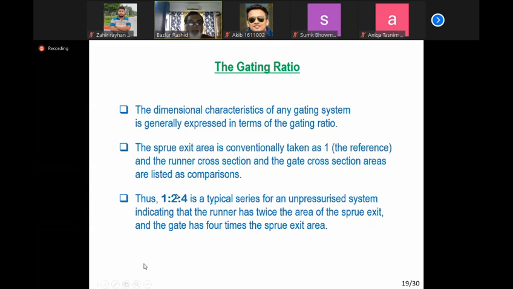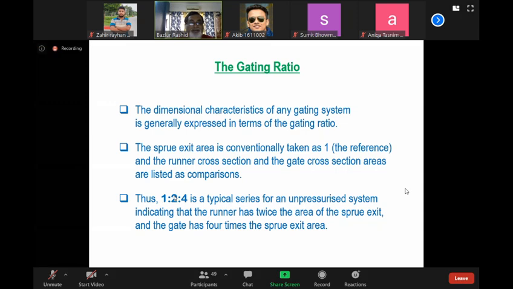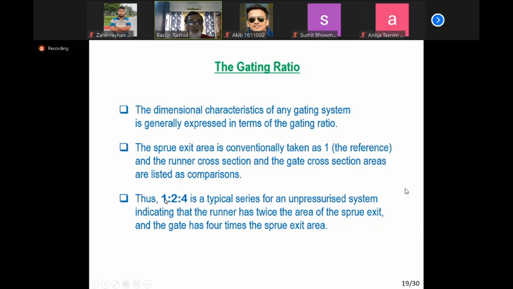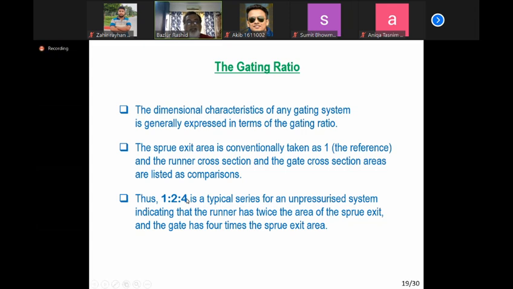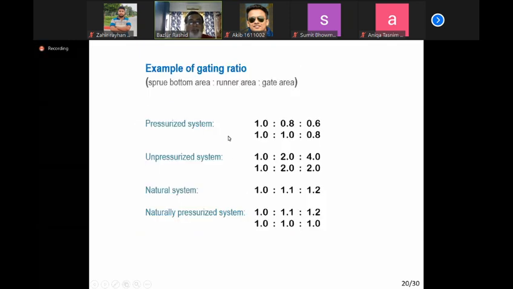তার মানে দিস ইজ অ্যান আনপ্রেসারাইজড সিস্টেম। আবার যদি বলি লেটস সে 1:0.75:0.5, তার মানে রেশিওটা কমতেছে, স্প্রু বেজ এরিয়া থেকে রানার এরিয়া ছোট, রানার এরিয়া থেকে গেট এরিয়া ছোট, সো ইট ইজ এ প্রেসারাইজড সিস্টেম। ওকে, সো এই ধরনের নানান ধরনের গেটিং রেশিও কমনলি ইউজ করা হয়। এখানে কিছু এক্সাম্পল আমরা দিচ্ছি। সো গেটিং রেশিও মানে sprue bottom area is to runner area is to gate area. Gate area মানে টোটাল গেট এরিয়া, যদি দুইটা গেট ইউজ করি দুইটা গেটের যোগফল। তাহলে প্রেসারাইজ সিস্টেম কমনলি ইউজ করা হয় যেমন